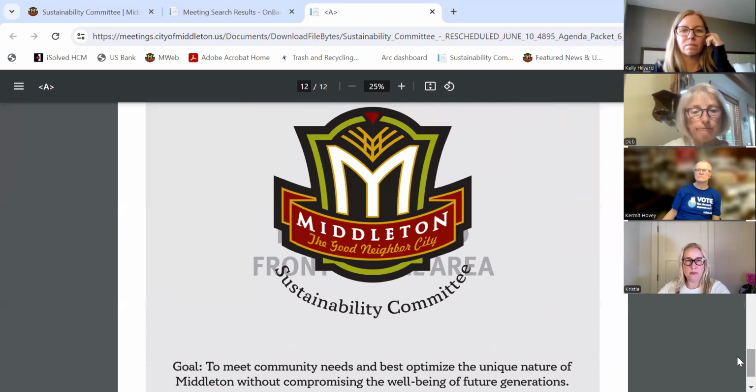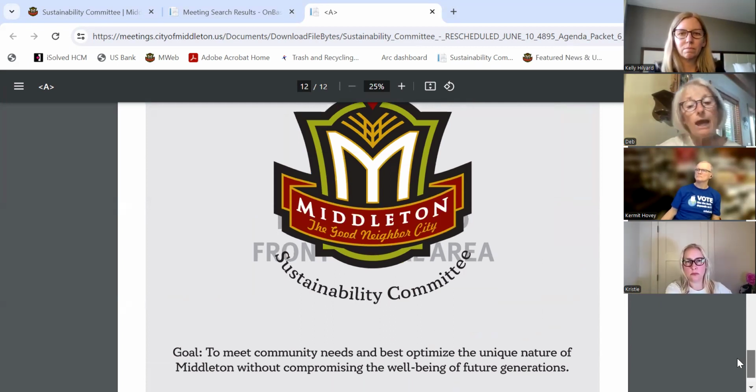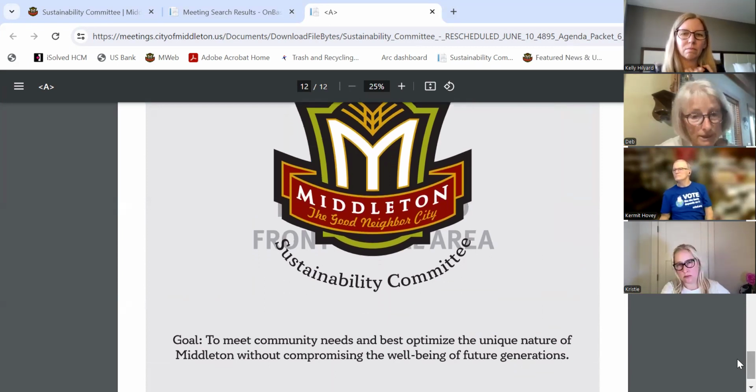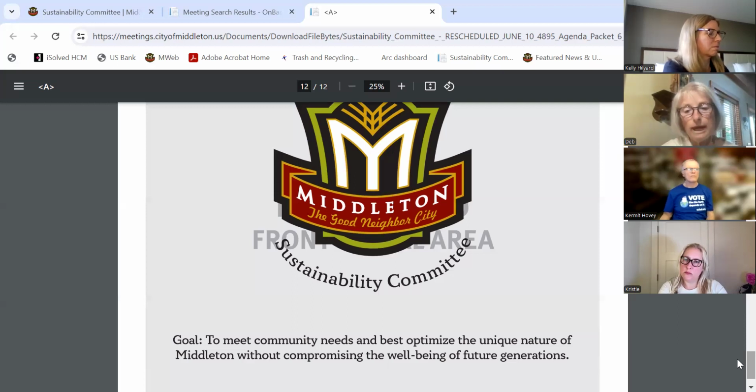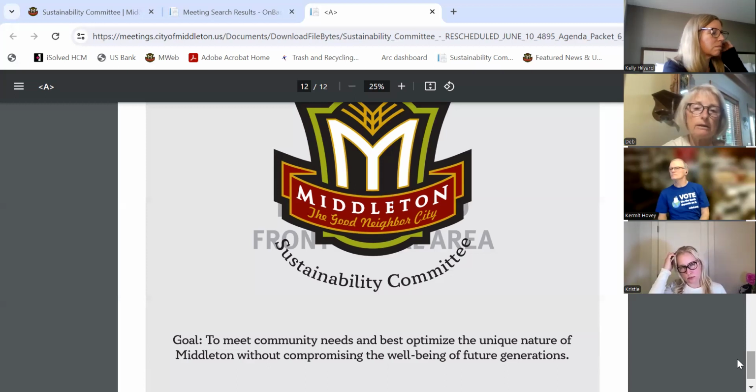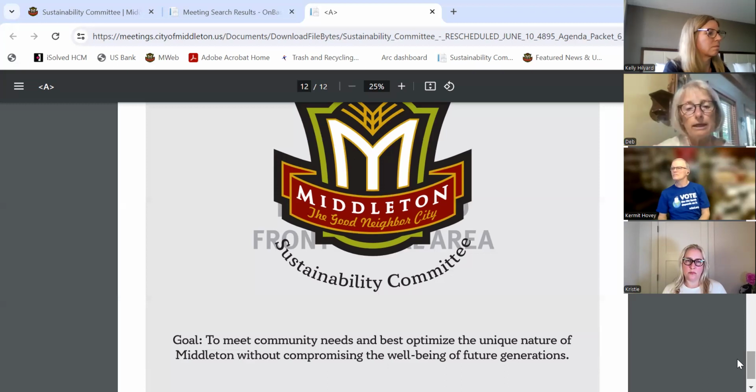it would be really nice to have a formalized runner that has the Middleton logo with Sustainability Committee. And then there would be a mission statement or a goal, and this was on our website. The runner is white with the logo, and it would go on top of a tablecloth. People would identify this table with the Sustainability Committee and have an idea of what they might find on the table, what they could ask Kelly or whoever's there. The idea came from the Friends of Pheasant Branch, who have the same thing with their logo. It drew people to the table because they knew who they were going to talk to. So this is the mock-up, and the goal is to meet community needs and best optimize the unique